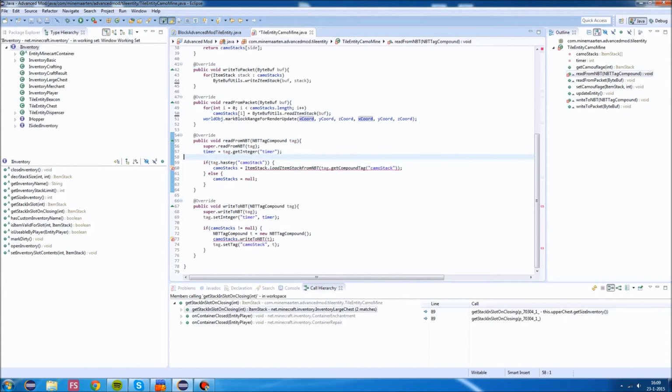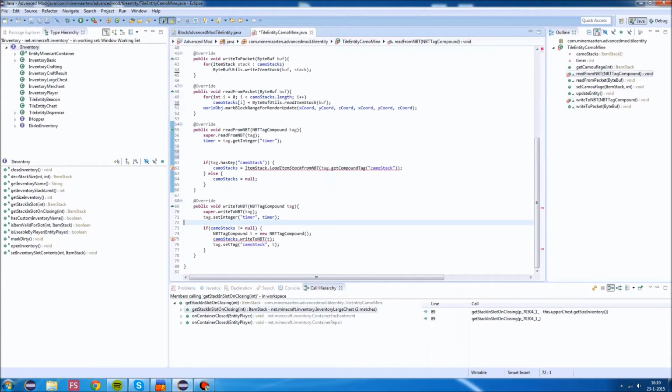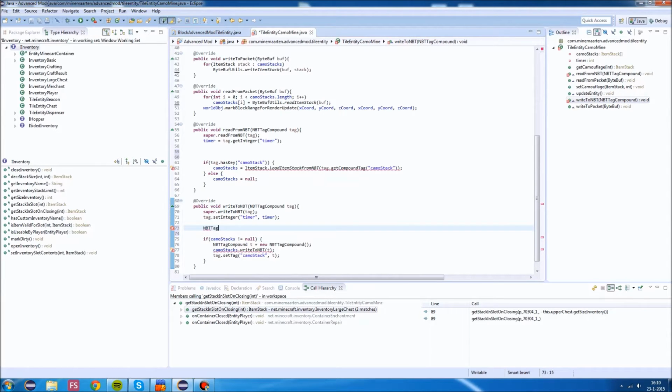Our NBT is, well, not working. And this will need a little bit of adjustment, because currently we have this key, and you could do something with an indexer and do plus I or something with the key. I'd like to use an NBT tag list, and that's made for that. So let's do the right part first. We can do NBT tag list, camo stack tag is a new NBT tag list,